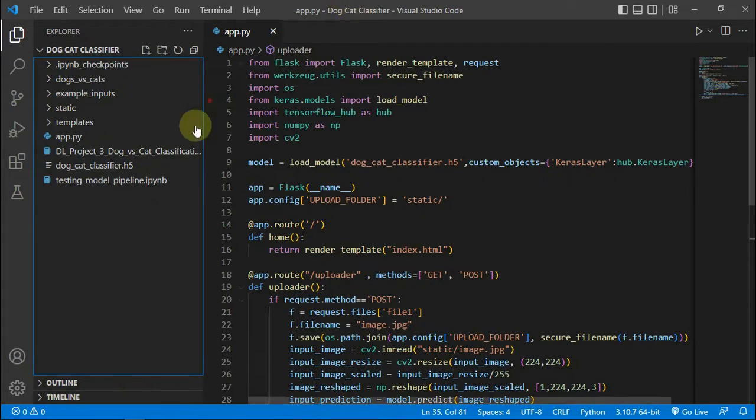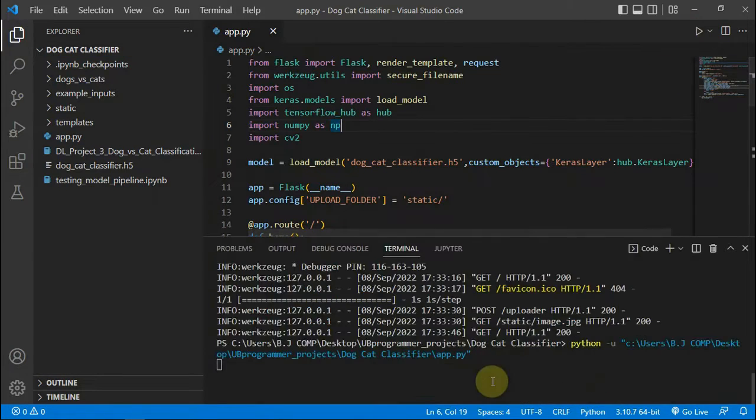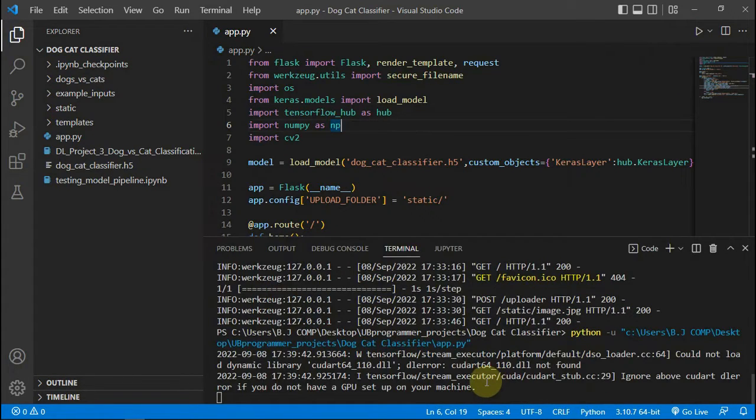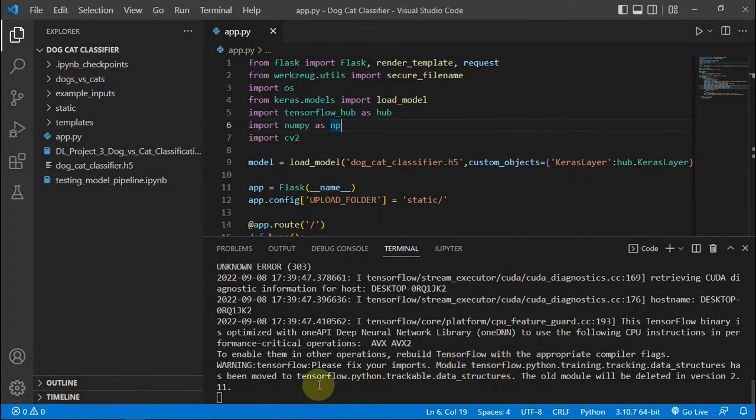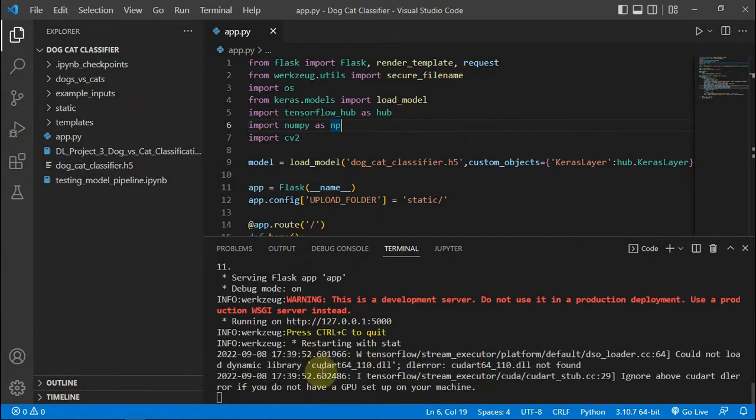Hi guys, it's me UBprogrammer, and today I want to discuss a deep learning project which is a dog cat classifier. Right, so let's run our app and see how it looks. I've deployed it on Flask, and you can see I'm getting warnings because I don't currently have a GPU setup on my machine, and it has successfully created our server. So let's follow this URL,